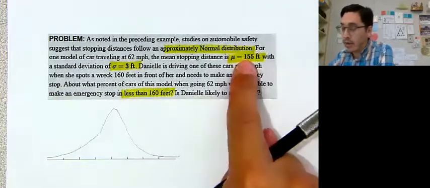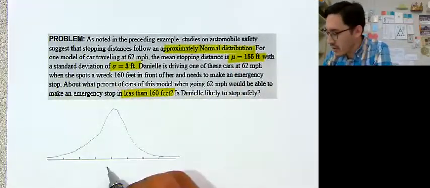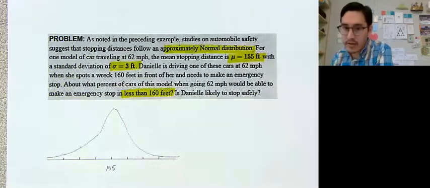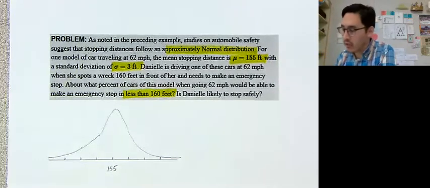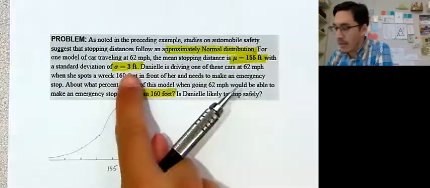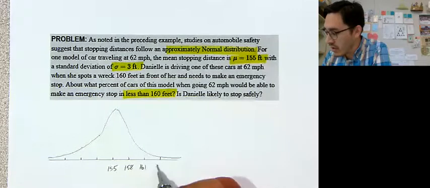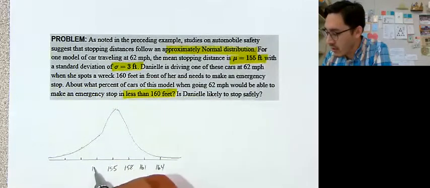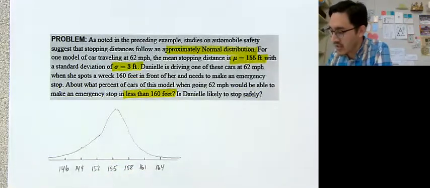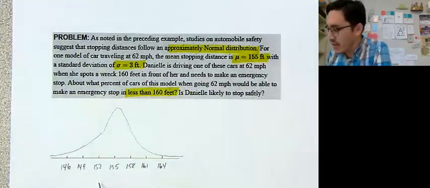All right, and we know the mean. So the center is 155 feet, right? So a typical car, an average car, would stop around that distance. And the standard deviation is 3 feet. So we're going to go by increments of 3. So 158, 161, 164, 152, 149, and 146. Okay, and then let's go ahead and label this stopping distance